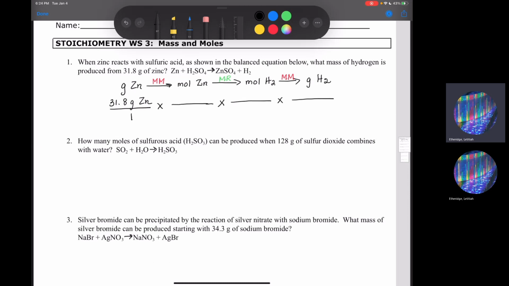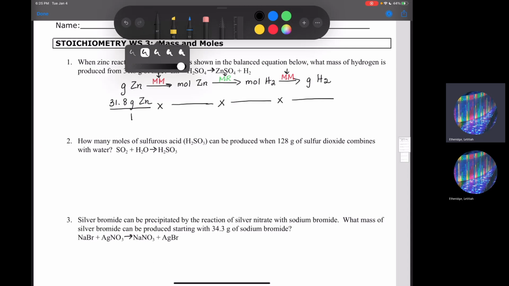All right, and the reason why you know that is because every step that you convert, you have written the conversion factor that you need. So that means you're going to need 3 different conversion factors. Okay, so let's do this. In terms of the conversion from grams to mole, we're going to need the molar mass of zinc. So please make sure that you have your periodic table out so that you can go through these problems with me. The molar mass of zinc is going to be